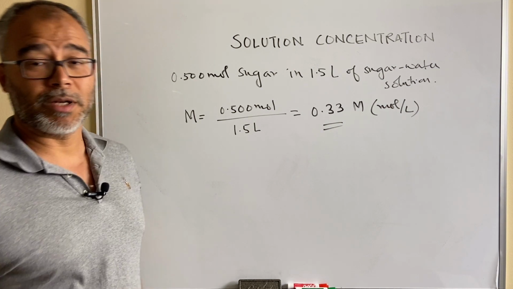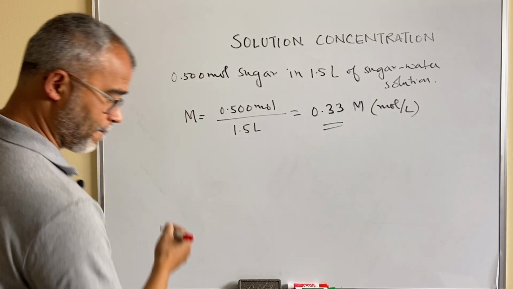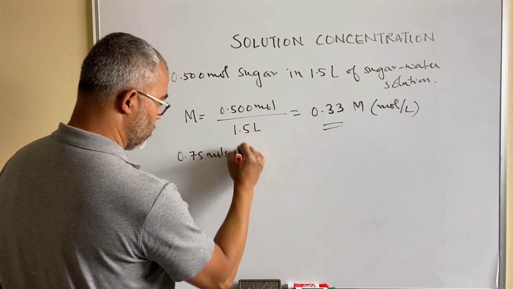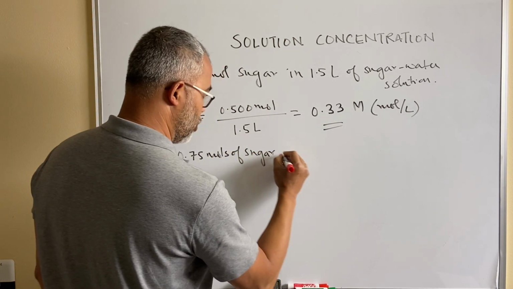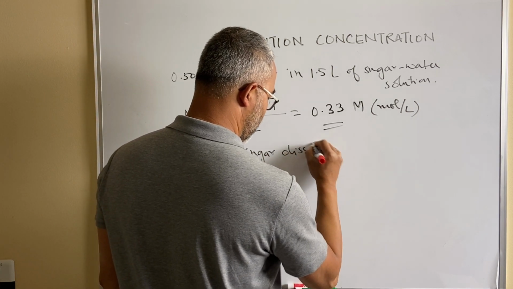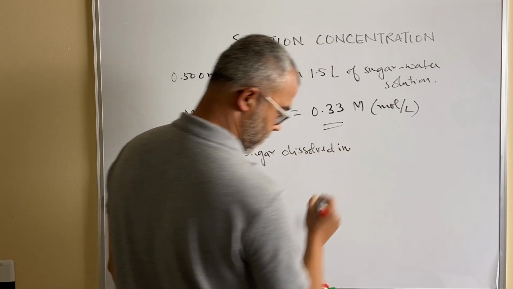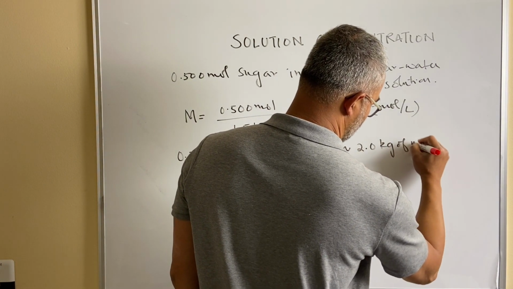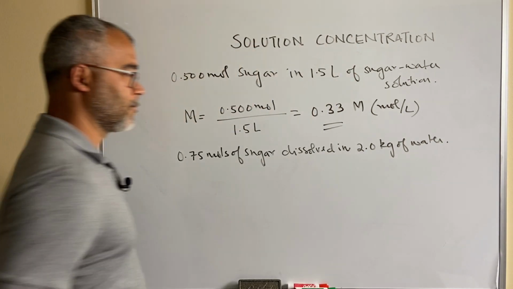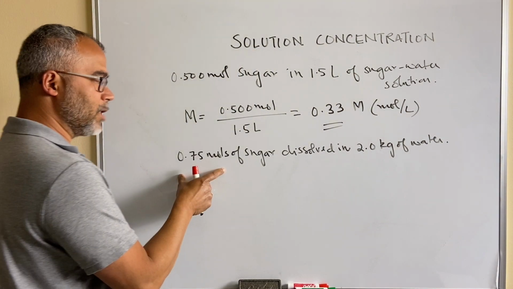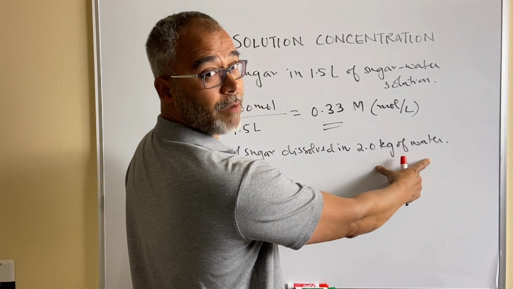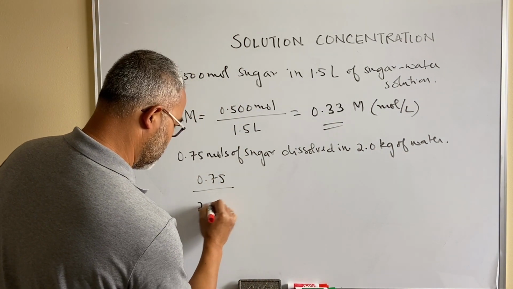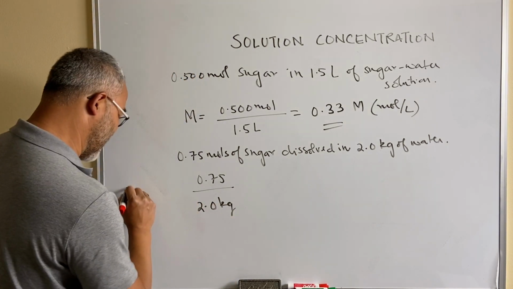Let's take a look at an example of how to find the molality. So let's say we have 0.75 moles of sugar dissolved in 2.0 kilograms of water. So the molality is simply going to be the moles of sugar over the kilograms of solvent. So that's going to be 0.75 over 2.0 kilograms. That's the molality,